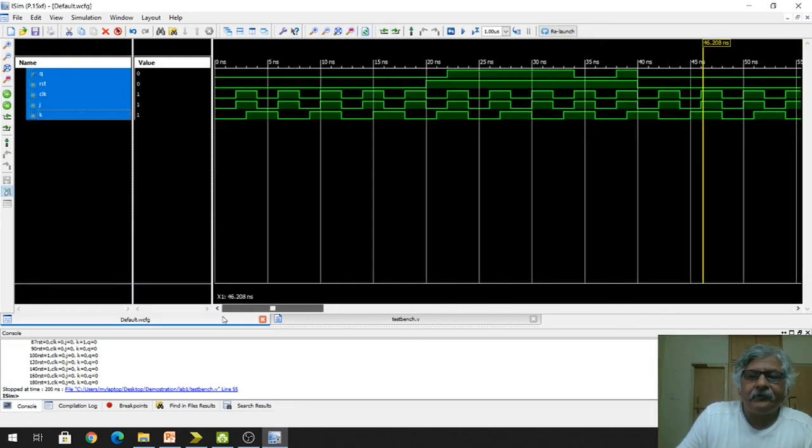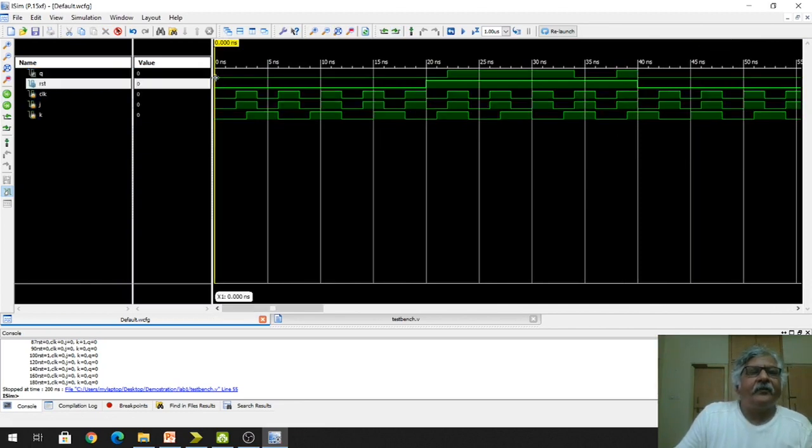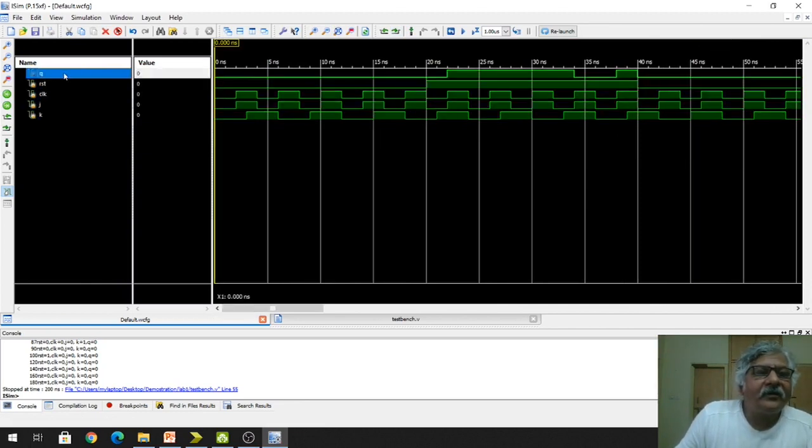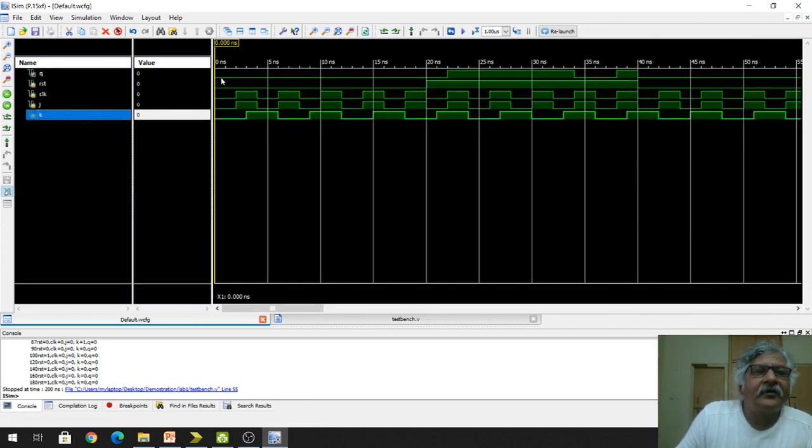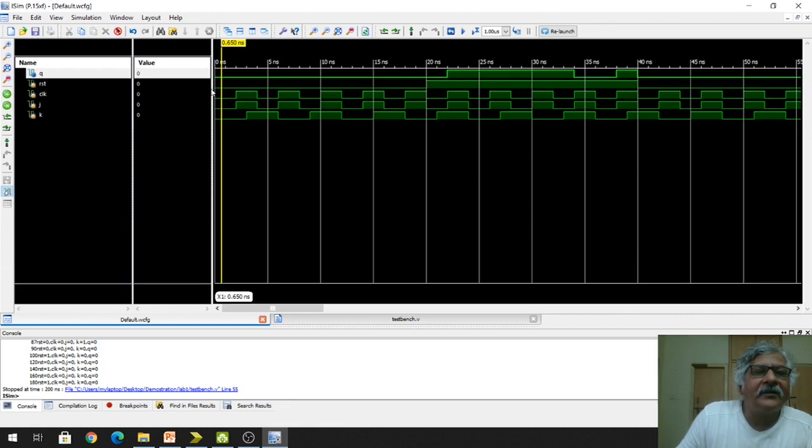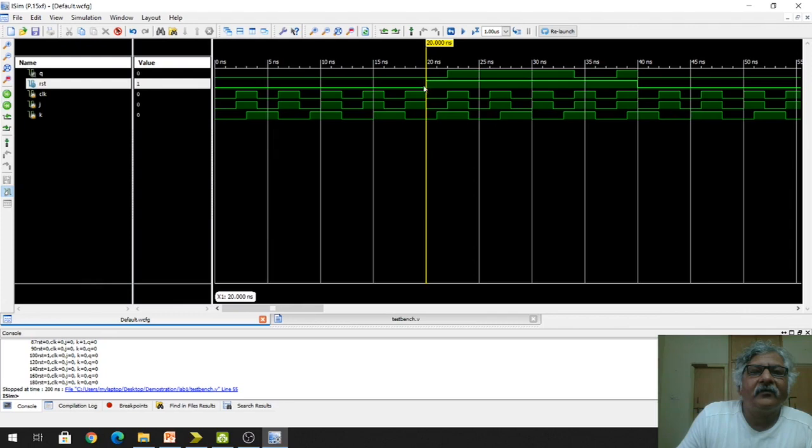Okay. Now see here. First signal, this is output Q, then RST, then CLK, then J and K. So initially you can check the RST is 0, up to 20 nanoseconds.